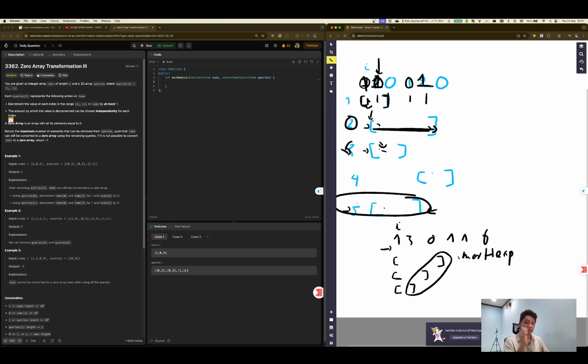Okay, but we also need to know, if we iterate to this I position, how many segments affect this position. For example, we have some segments like this. If we choose something like this, like this, and you ask this position at I, so we have 3 affecting it. This is the selected